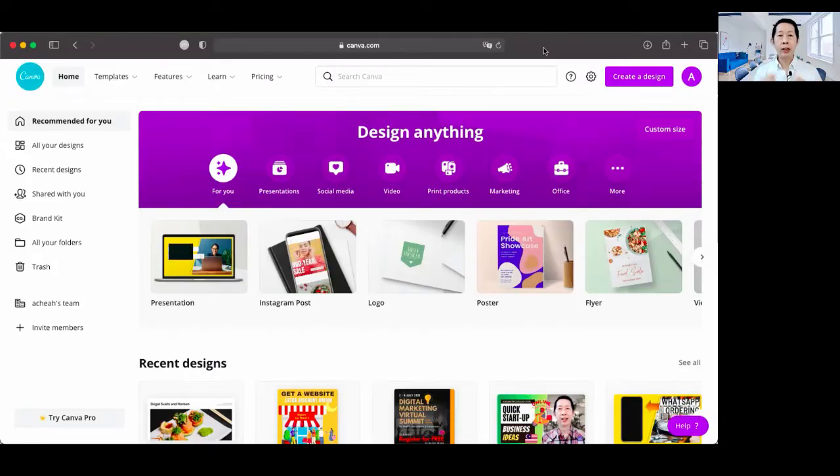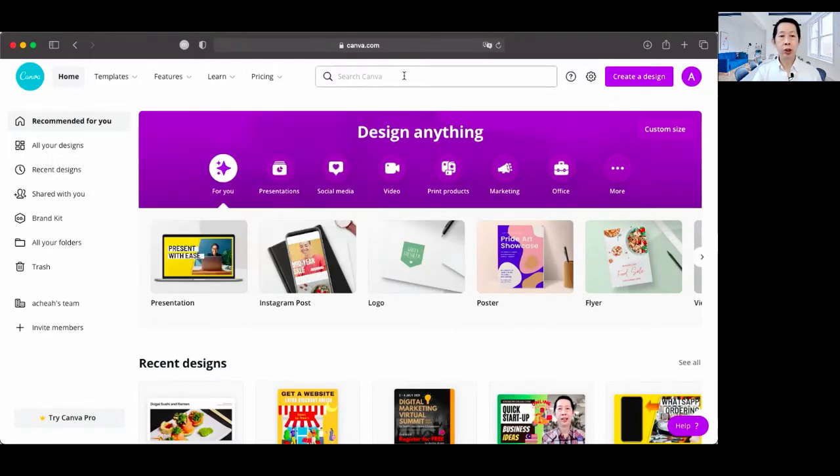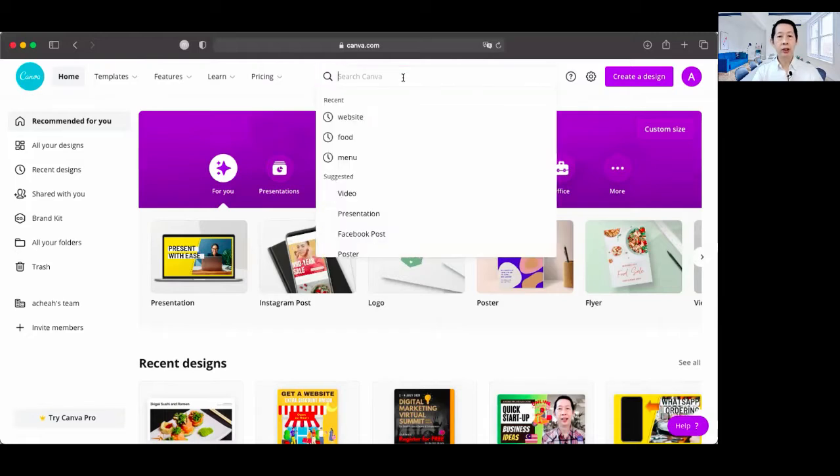Okay, right now we're in canva.com. Canva is a very useful graphic design software that I use for mostly all my graphic designs that I need for my ads, for my websites, and so on. Now, this is the main page, canva.com. You come in, you can see over here, right? So all you need is to come over here, search, type